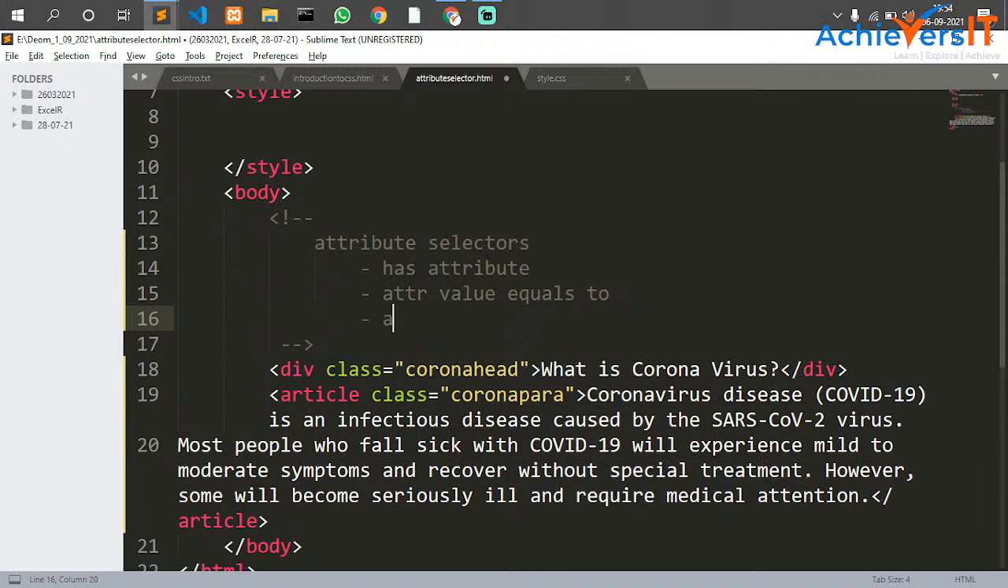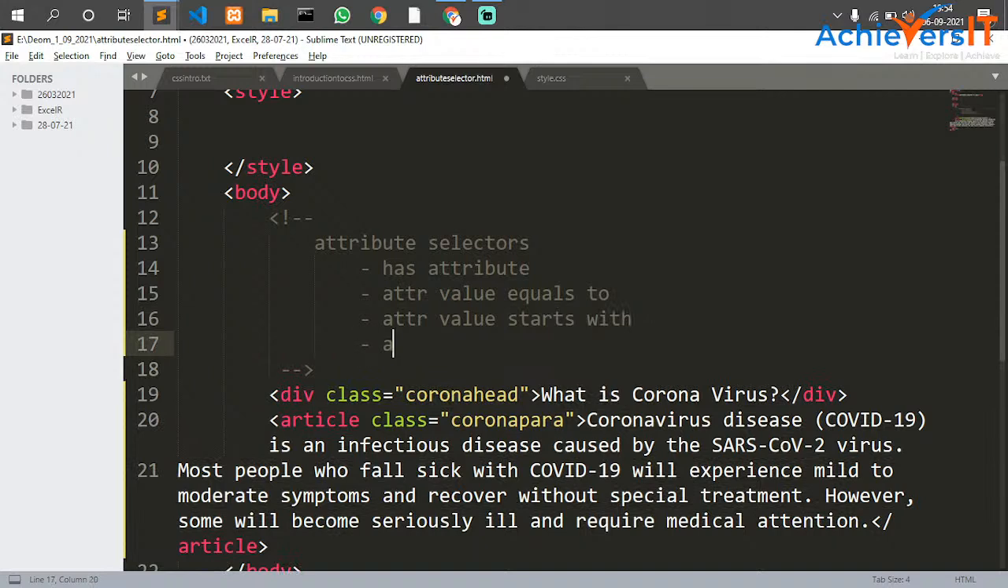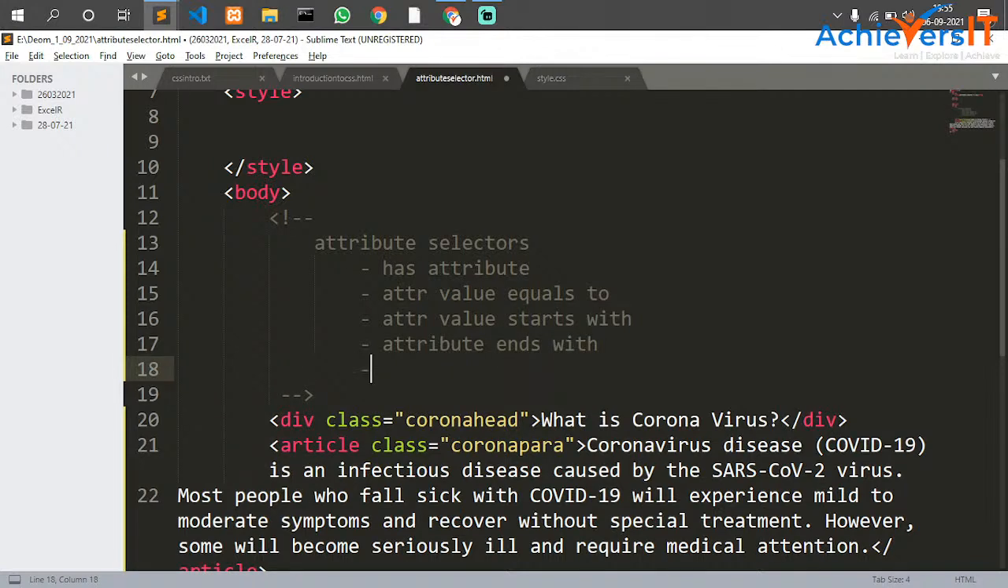and we have attribute value starts with, and we have attribute value which is going to contain. Let's say starts with, equals, ends with, and attr value contains. For all of these I'm going to give an example of how we are going to select